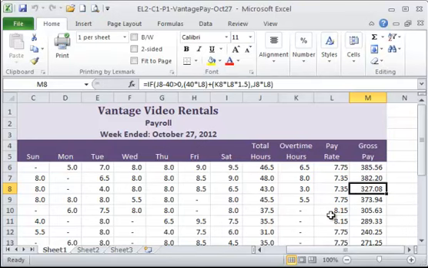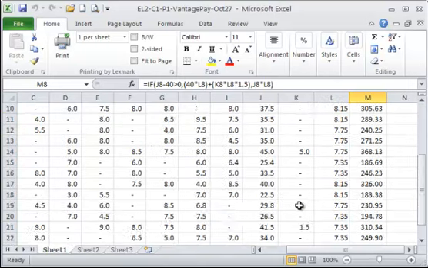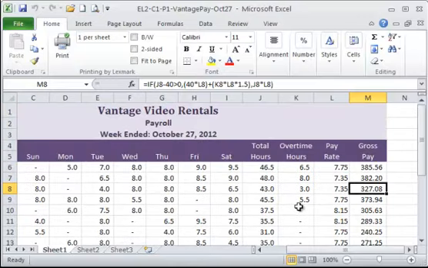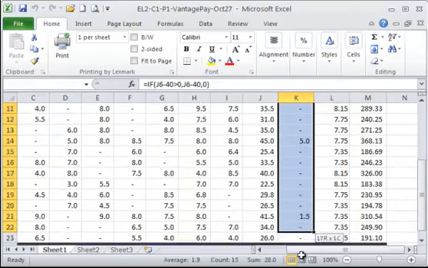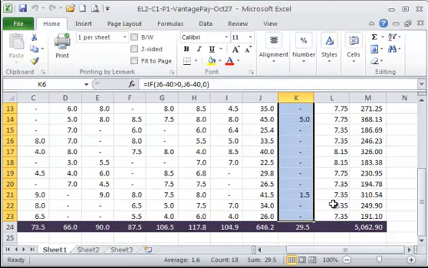So as we use the conditional formatting, again, we're going to apply a conditional format that will highlight overtime hours that exceeded 5 for the week. So anything over 5, we want it to stand out, be highlighted, and formatted in a way that they suggest. So to do that, the first thing you do in any conditional format is to select the range of cells that you want to apply the conditional formatting to. So I'm going to select K6 through K23,